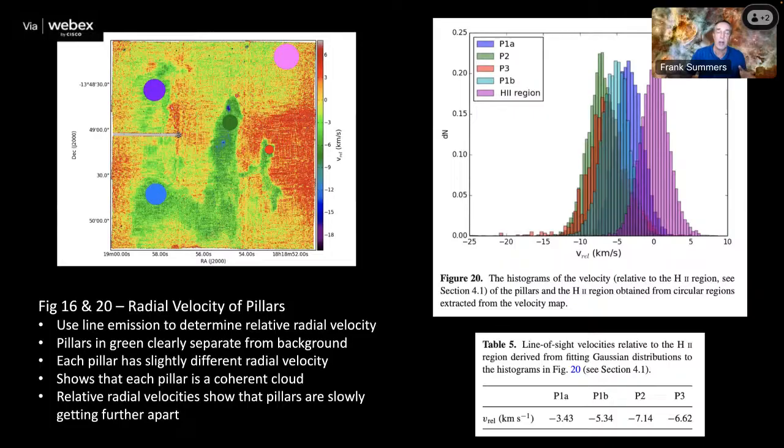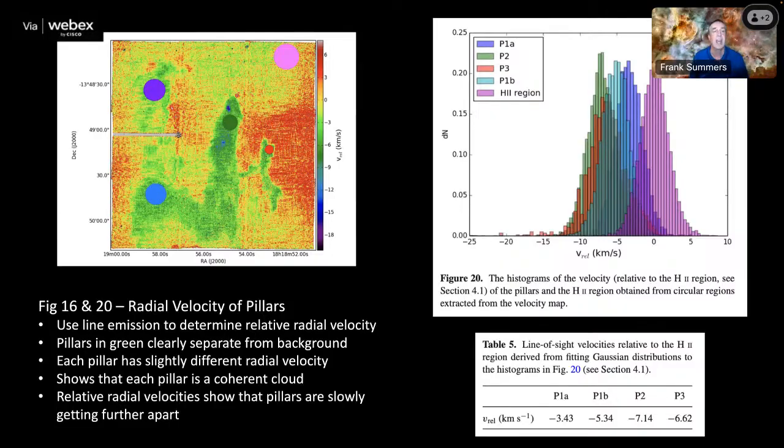They are separate clouds, and they're actually moving at different velocities, so they're slowly separating and becoming farther apart. You can't really tell distance from velocities, but you can tell that they are moving differently in a coherent manner. All right. So based upon information like this and lots of other information, you can go read the paper for